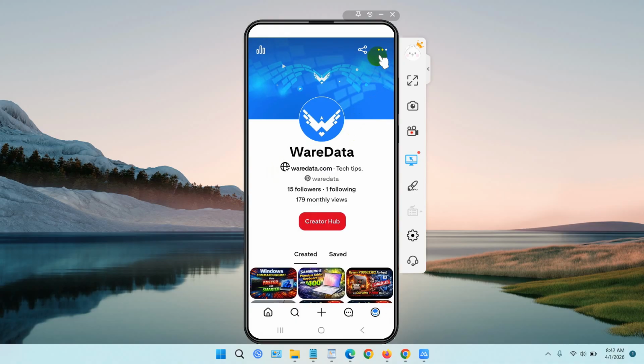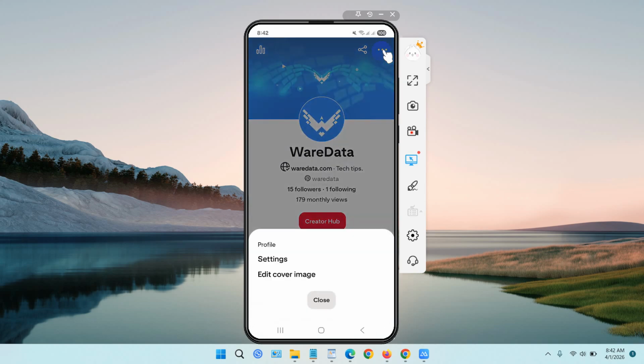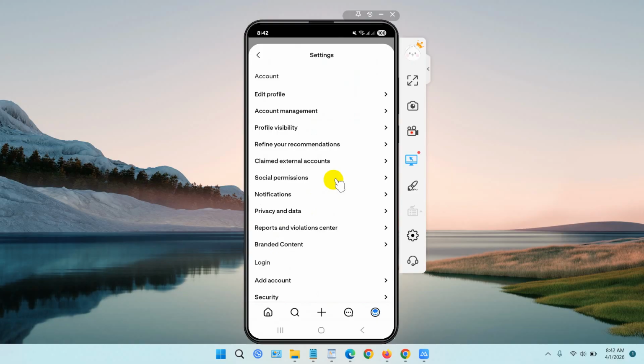After you open your smartphone and open the Pinterest account, just click on your profile, these three dot icons, and in here choose settings. In here, if you don't want to see the AI contents or less AI content on Pinterest, after you choose settings, just select refine your recommendations. Okay, just click this after that,